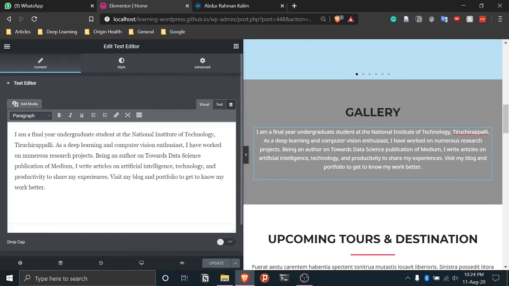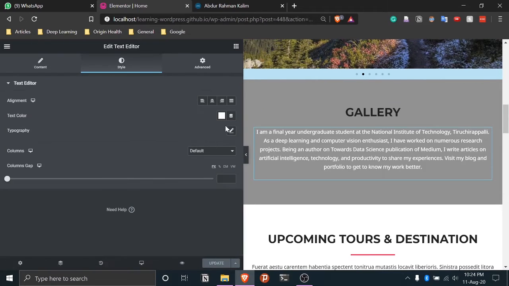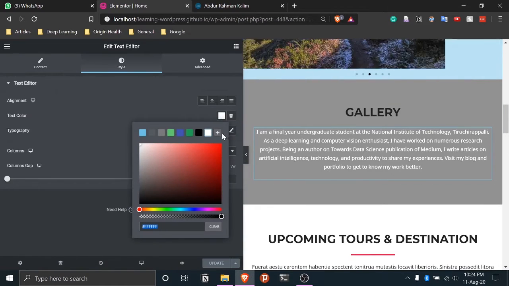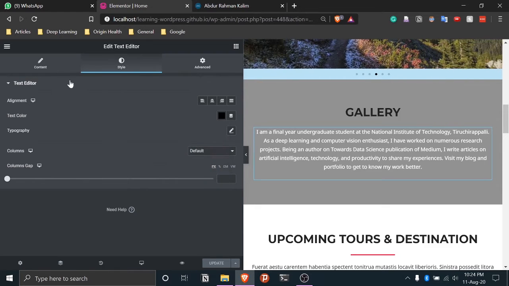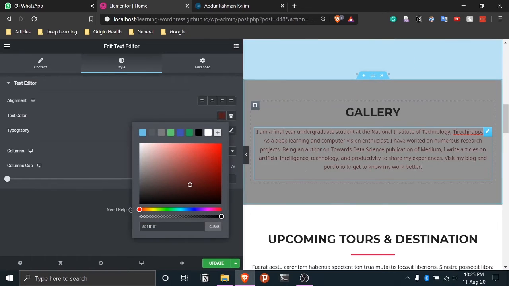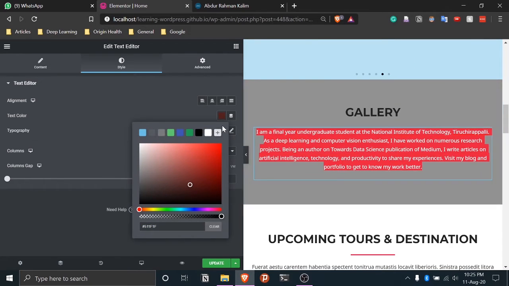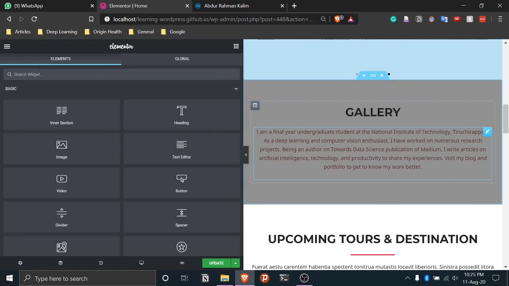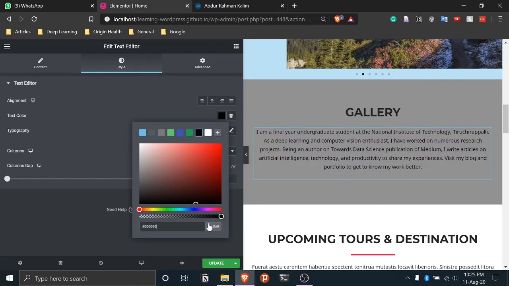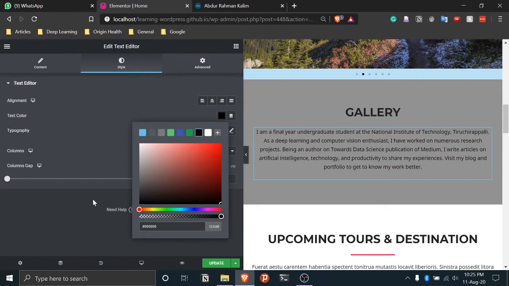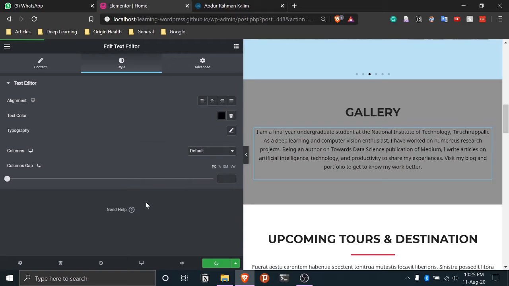Okay, so the changes have not taken place yet. Okay, so it has gone back to white. Let's change it to black again. If we come back, it's again white. Oh, pretty weird. Never seen this. So we are here again. We'll go to black. Okay, so this way it works. Cool. So we'll do update.